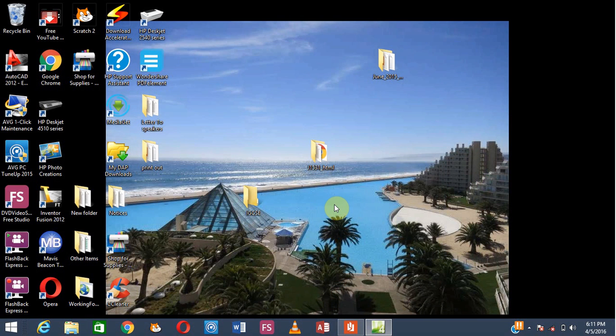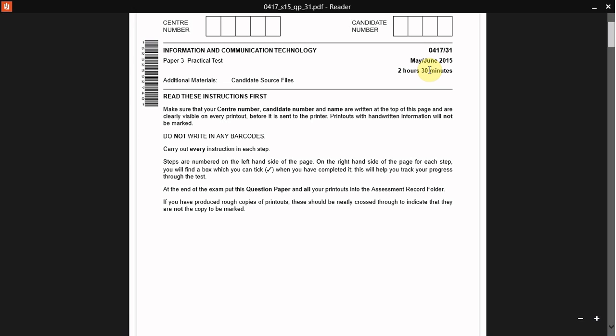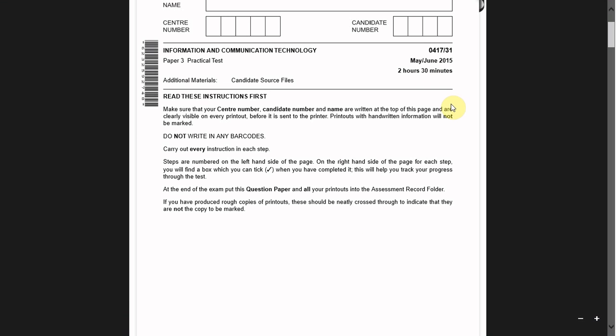I'll be treating past questions on ICT IGCSE practicals, 2015. This one right here. So May June 2015, and time allowed is 2 hours. But I'm going to be handling the web authoring part of it. So this is Practical Paper 3 practical test. Okay, so I will start from